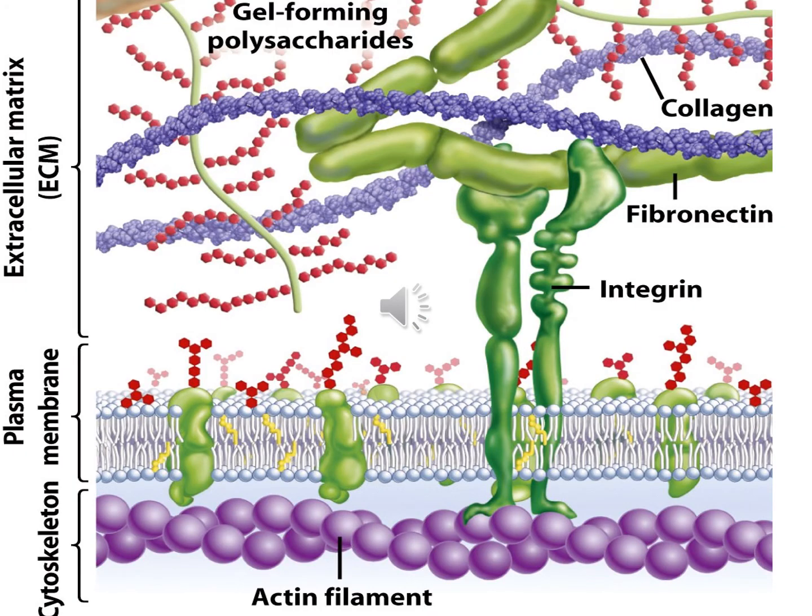So in this picture, you can see a cell and the extracellular matrix. You can see the plasma membrane and cytoskeleton. Just beneath the plasma membrane, the cytoskeleton contains the actin filament. Then in the plasma membrane, you can see transmembrane integrin. Integrin forms transmembrane receptors, and this is going to link the extracellular matrix and the cytoskeleton. Integrin is linking to the actin filaments in the cytoskeleton, and in the extracellular matrix it is linking to the fibronectin and other collagen fibers as well.